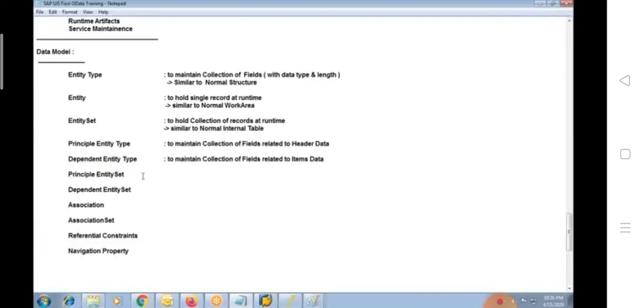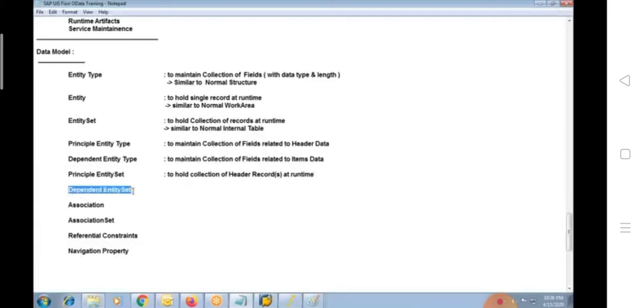And principal entity set. So we use this to hold a collection of header records, one or many records. We can use principal entity set in order to hold a collection of header records at runtime when the OData service is executed.